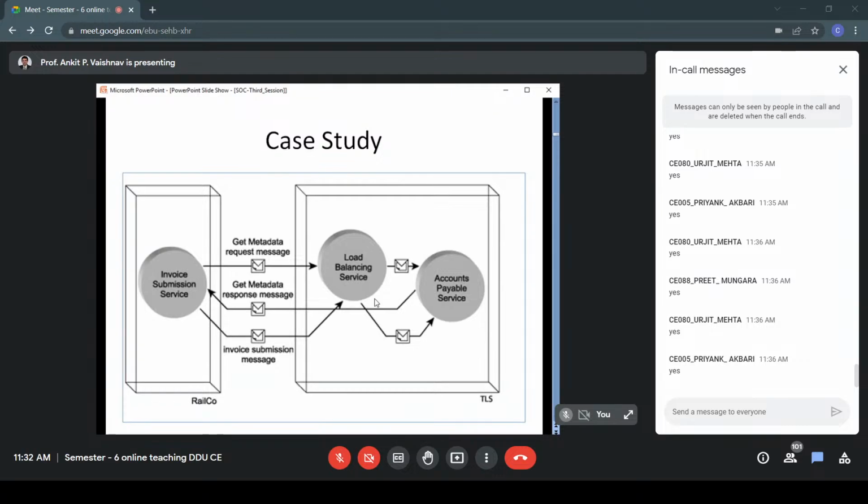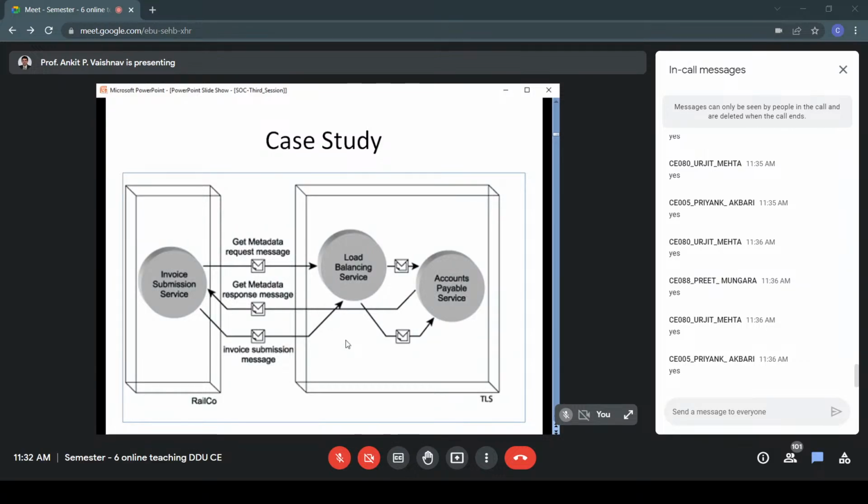And then if you are satisfied with the metadata that you have received, suppose all the documents have been sent in original, no reference is sent, then you will finally generate a message for invoice submission. And again, invoice submission will go through the load balancer, and then it will reach the accounts payable service.